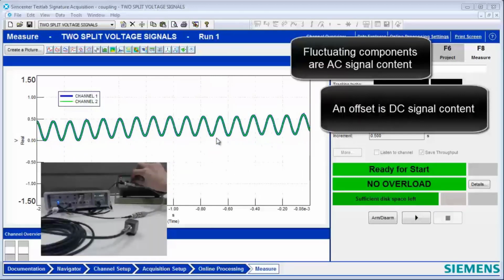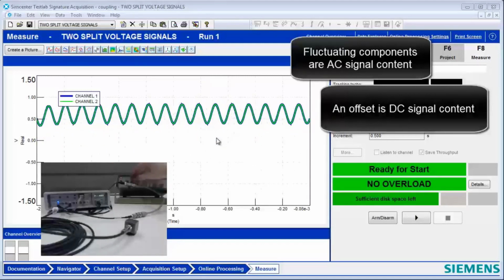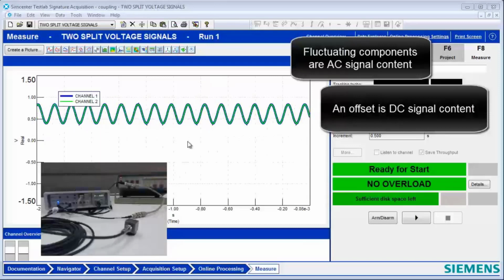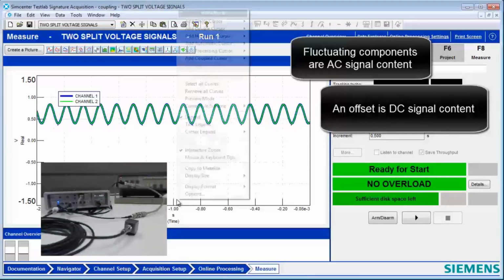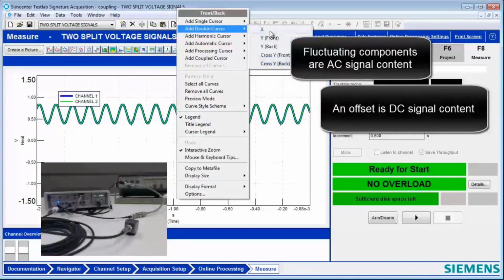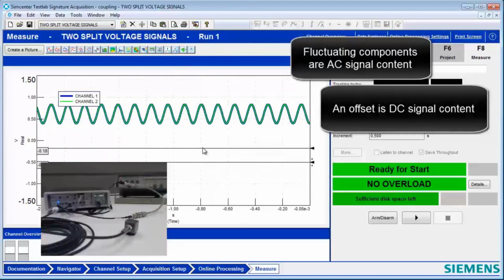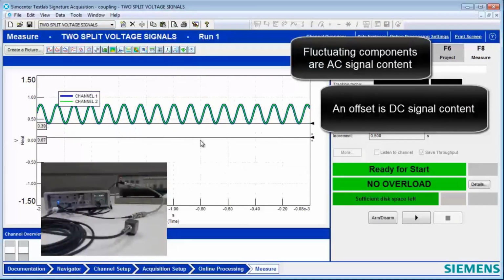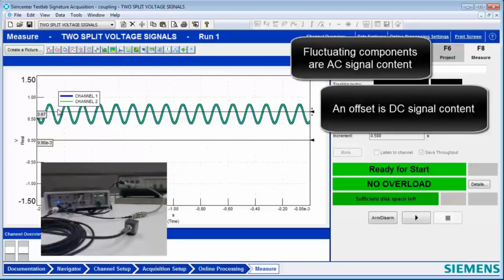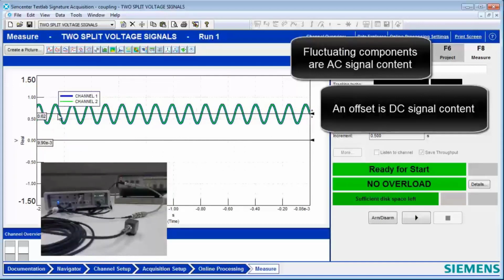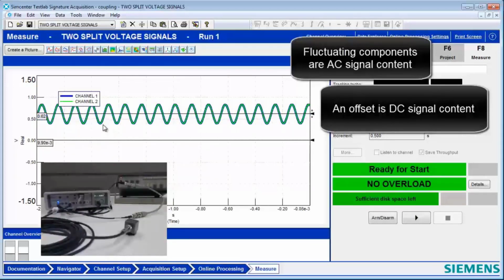Look at that. It's rising up. So you've added a DC offset onto this signal. It's no longer centered around zero. In fact, I can right click here and put on a double Y cursor, and we could get an idea of how much that DC offset is. Looks like it's about 0.6 volts or maybe a little less. So you added a DC offset. This signal really has two components: an offset plus the AC.